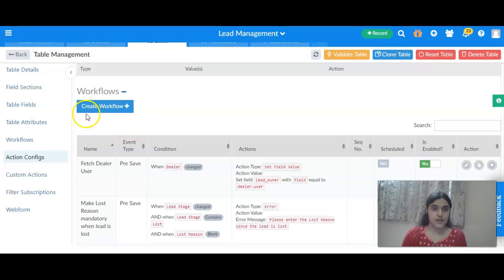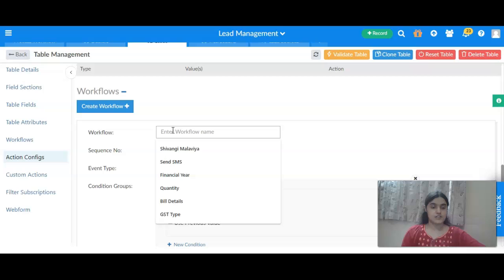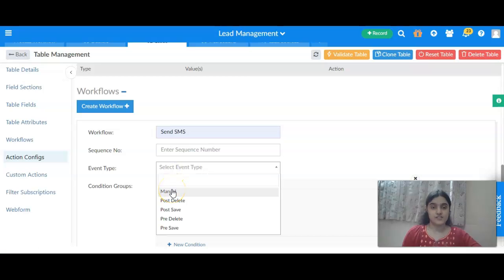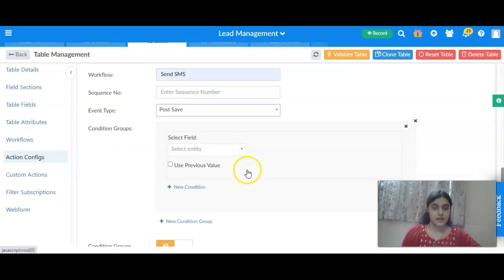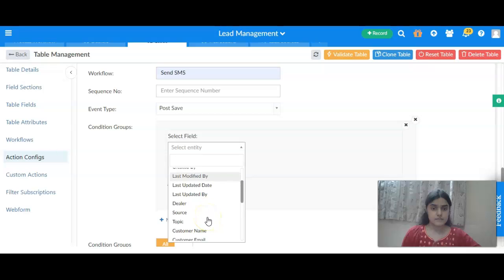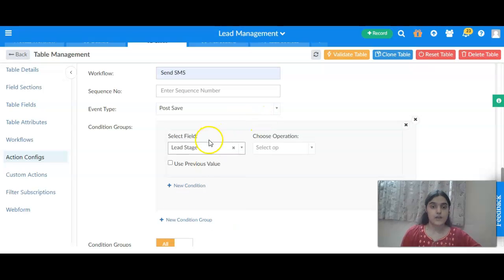So just above that, you can create a new workflow by clicking on this, and I'll just give a random name, like let's just give it send SMS. And now I want that whenever a change is made, so I will choose the event type as post save, right? Now I'll select the condition group to be, let's say I'm talking about lead stage, right? So I want whenever my lead stage, let's say contains,